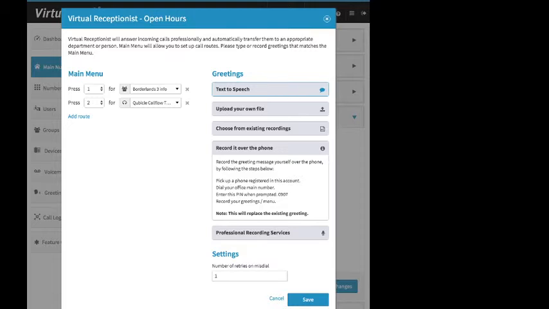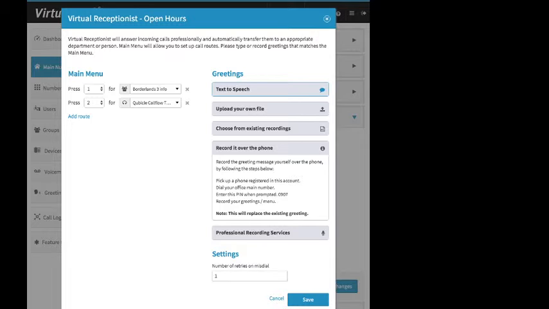You can record over the phone. So this is by default set to go with VoIP phones. So on a new account, you pick up your VoIP phone that you've already added to the account, you call in to your main numbers, and then the system will say initially that there's no greeting set up for this menu. Actually, it will prompt you then for your PIN number. So you enter in the PIN, and then it'll walk you through